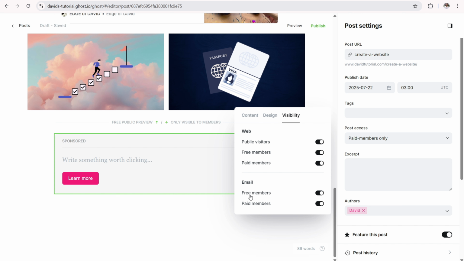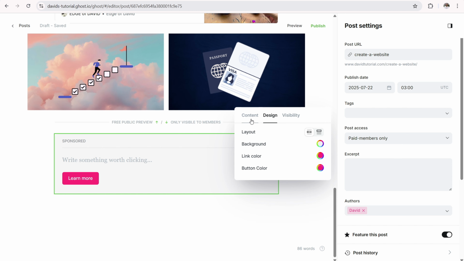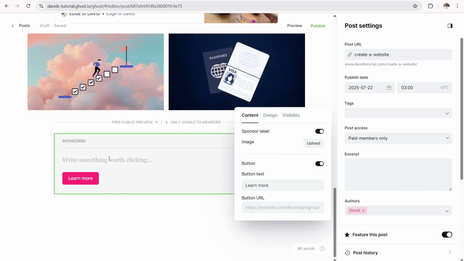And when you email this, who sees this, free members, paid members. So you have a lot of granular control over the look and feel. So anyways, that's why this block is very helpful. So again, that's how I personally would be using this block. So I'd be like,